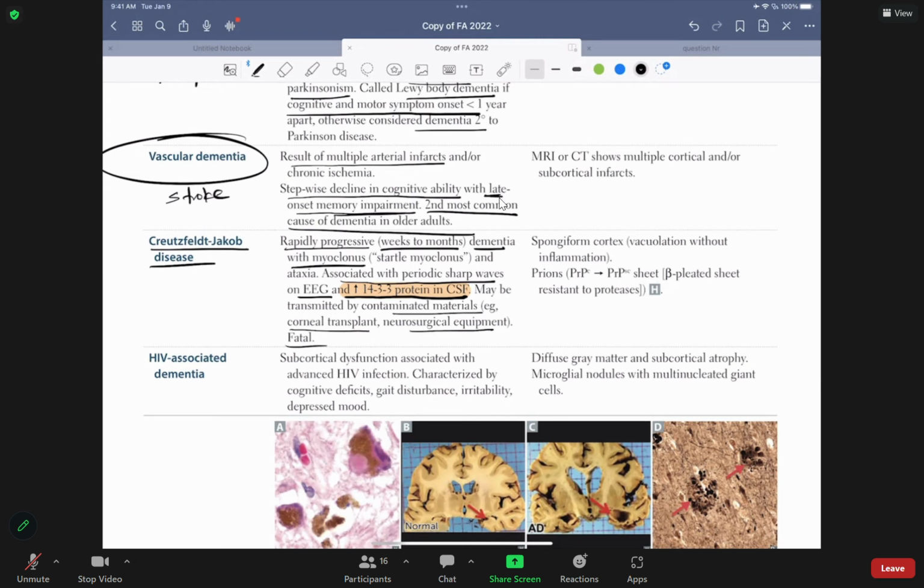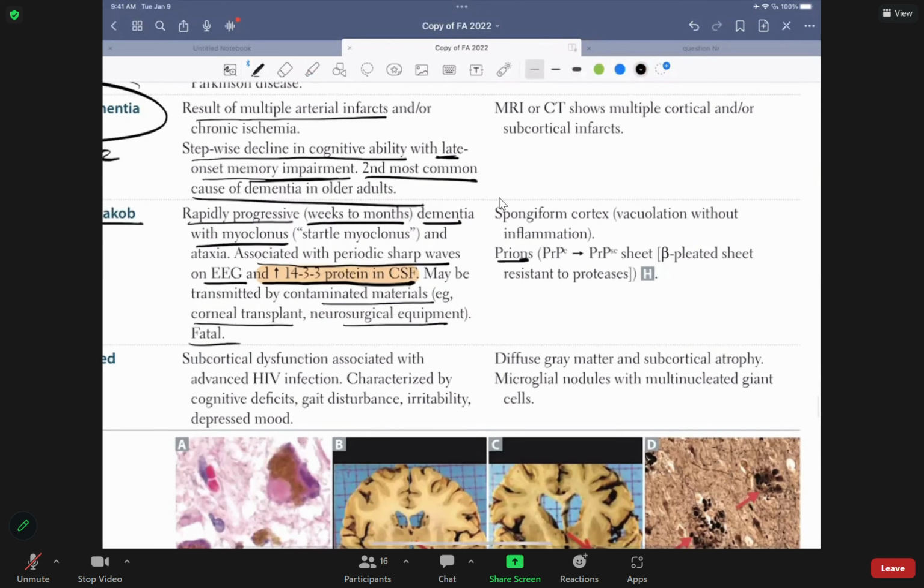That's Creutzfeldt-Jakob disease, because prion diseases are one of the worst diseases, folks, okay? It's basically a beta-pleated sheet resistant to protease. We cannot destroy it. Our body is not capable of destroying prions. That's the idea here. So once people get it, no treatment, absolutely no treatment. How do you get it other than the neurosurgical equipment and corneal transplant? People who eat cow brain, folks, okay? Not everybody. If the cow brain is infected with prion, you get it, okay?